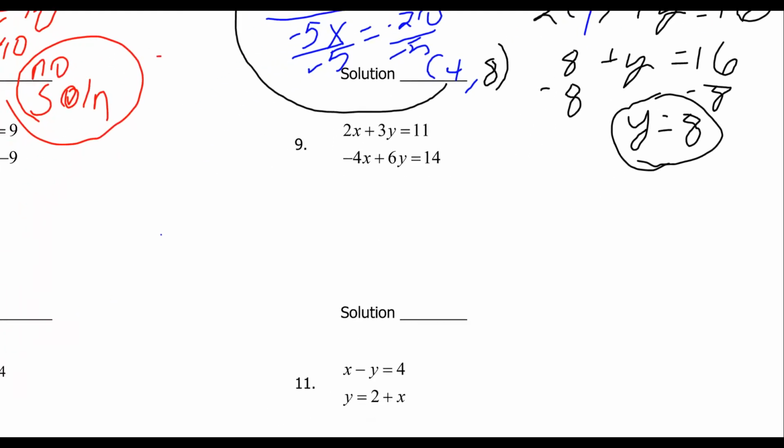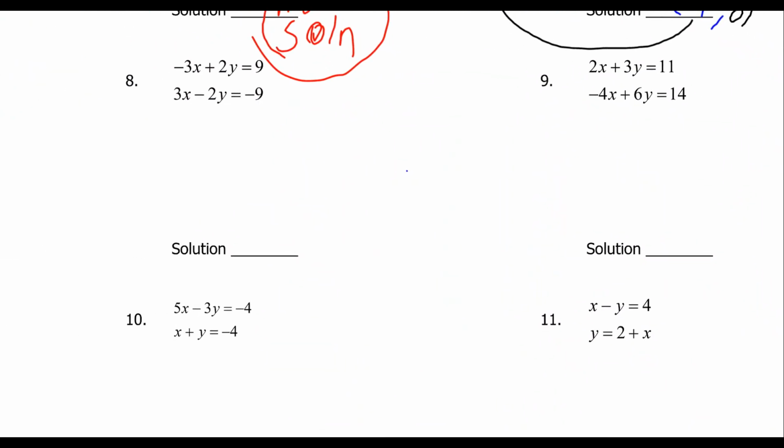Alright, so number 8. Okay, so I see just elimination. I see that negative 3x and I see that positive 3x. The first thing that screams at me is, hey, I'm elimination. So we're going to add these two rows together, and I'm going to go, bloop, and cancel those out instantaneously. And I look at the rest of my problem and I go, uh-oh,